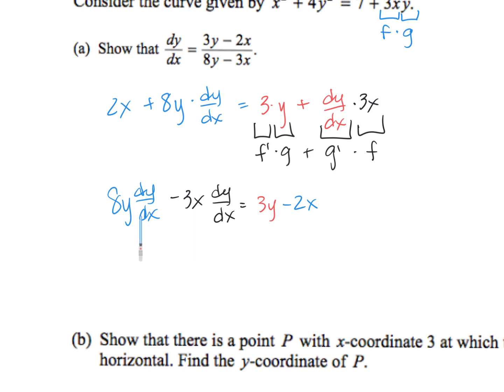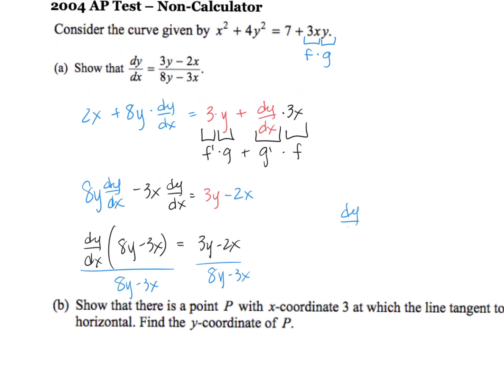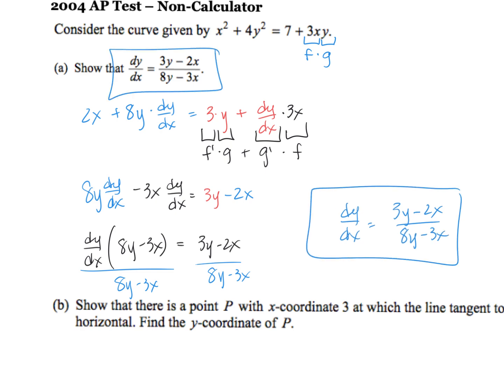Do both of these have a dy dx in common now? Can I factor it out? Yes. I'm going to take out a dy dx. And what's left? Yes, 8y minus 3x. To get dy dx by itself now, we can just divide by 8y minus 3x. So dy dx equals what's left, 3y minus 2x over 8y minus 3x. Did I prove what they wanted? Because it says